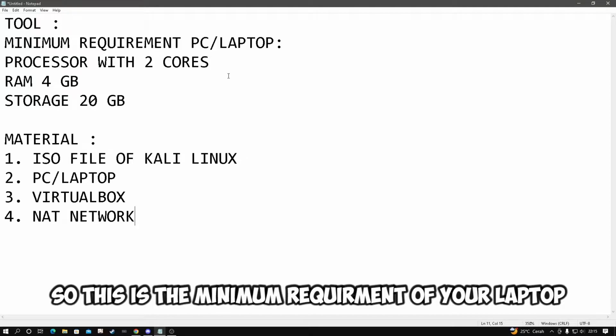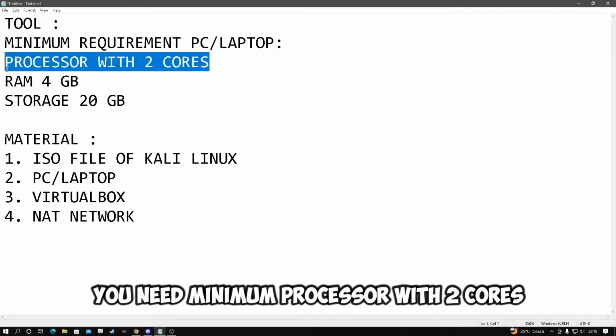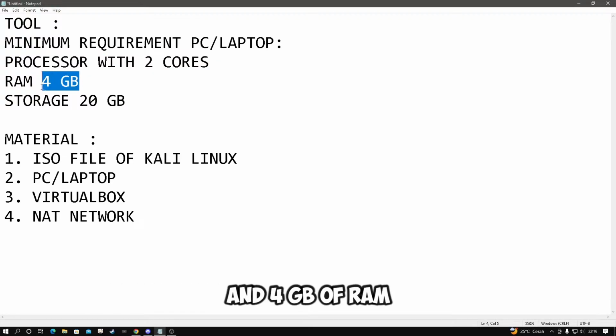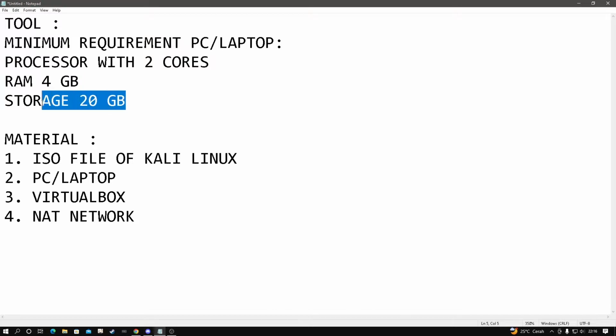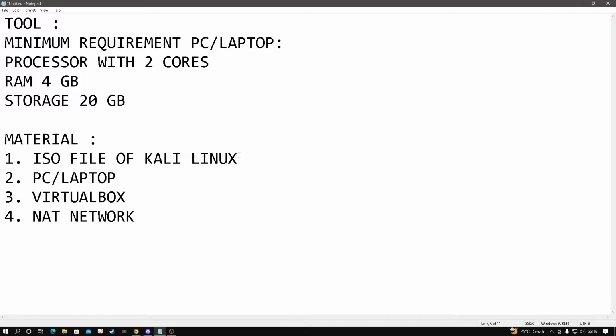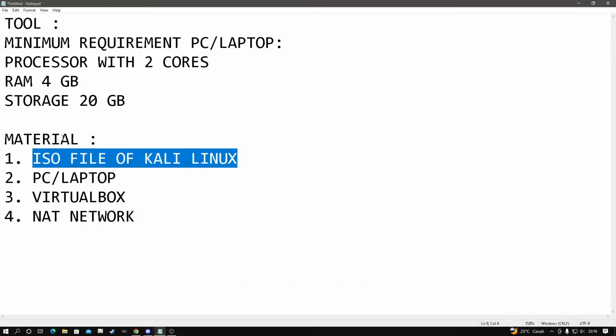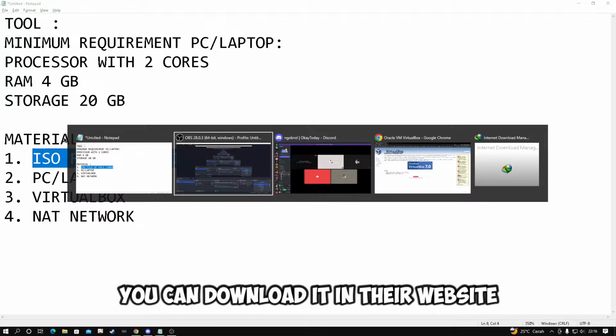So this is the minimum requirement of your laptop to install Kali Linux in Windows. You need a minimum processor with 2 cores, 4 GB of RAM, and 20 GB of storage. And first of all, you need the ISO of Kali Linux. How to download it? You can download it on their website